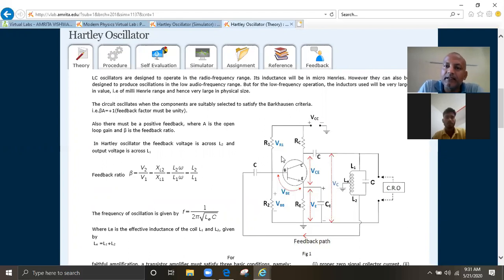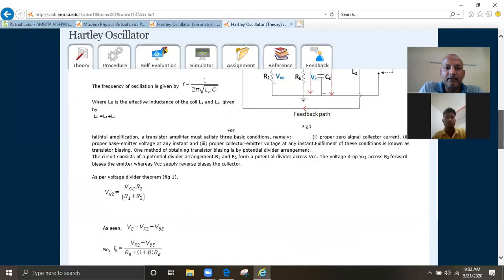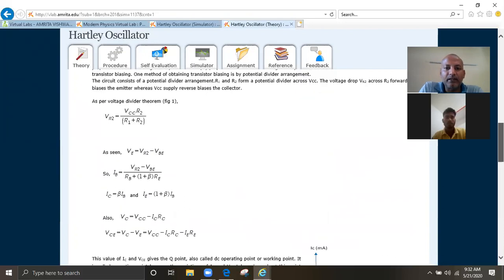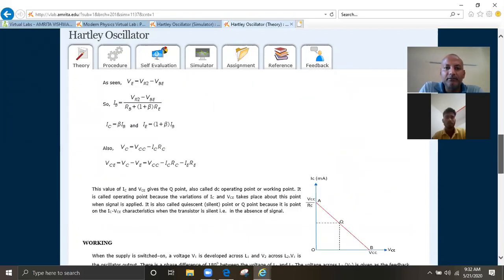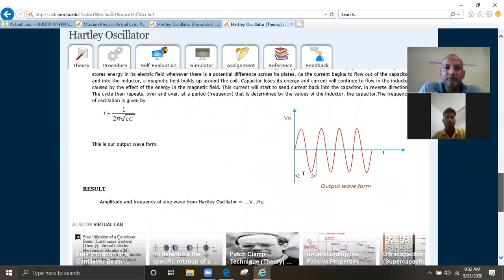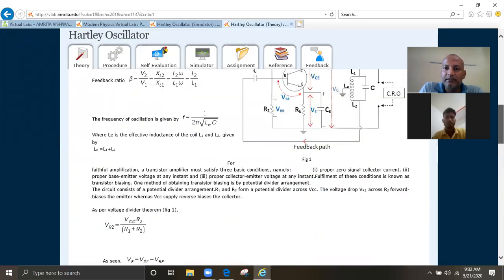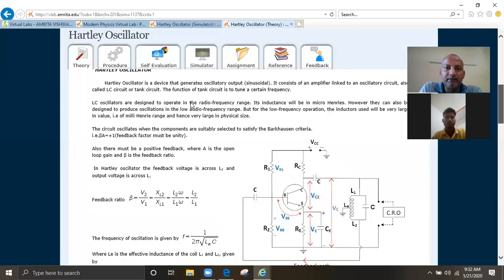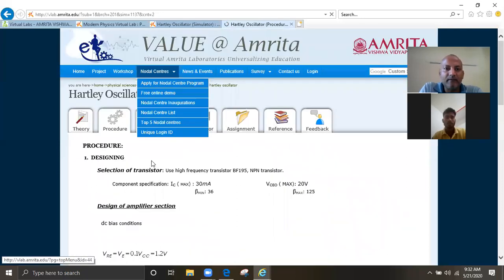We can see here it's a voltage divider biasing, which is also known as self bias. You can read all this theory from here, and also calculate the values of all these parameters. Now, let me see what the procedure is.